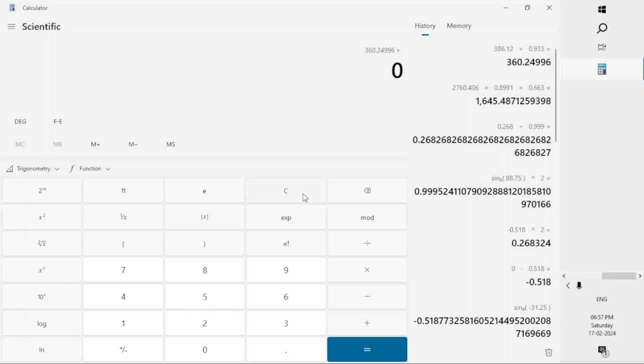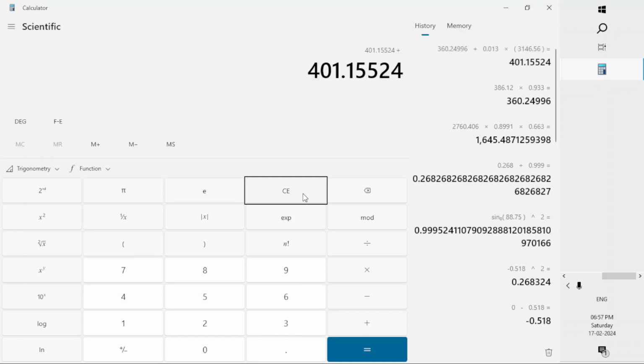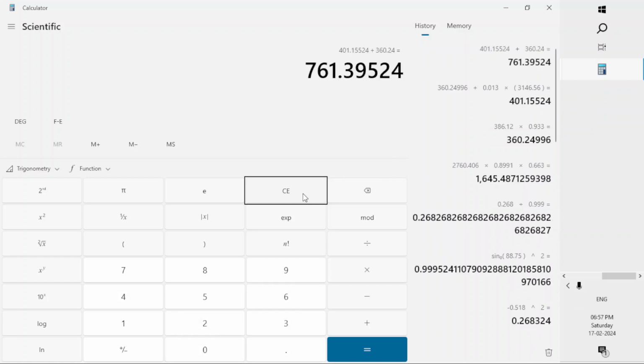Let us keep that in mind. RR is 0.13 times your 3146.56, this one, plus 360.24 times your tau alpha d. The tau alpha d value we calculated to be around 0.767,